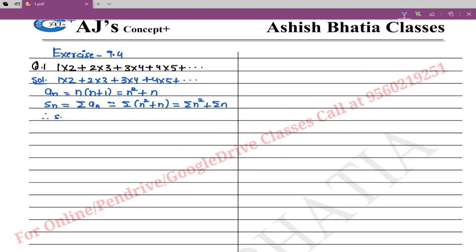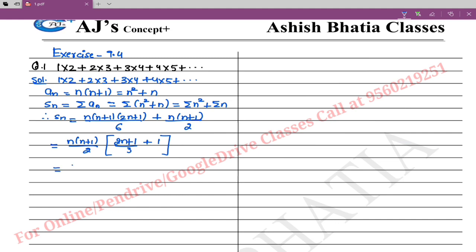Now we know that summation of n square is given by n into n plus 1 into 2n plus 1 whole divided by 6, and summation of n is given by n into n plus 1 by 2. Now the best way to solve these questions is to first take out the common factor. We can see that n into n plus 1 by 2 is common between the two terms, so we'll take it common. So we are left with 2n plus 1 upon 3 plus 1,